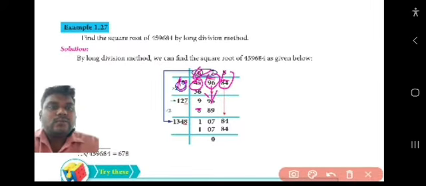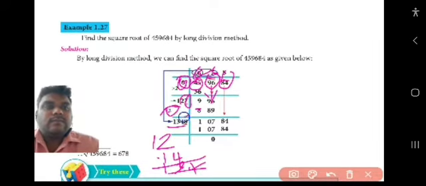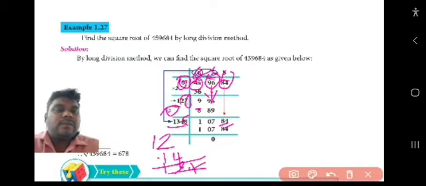So 996. Here we double the 6, so 6 twos are 12. Here we introduce 7, so 889. Again, what number do we introduce here? 7. So 12 is already there. We double 7, 7 twos are 14. So here 1 decimal, so 4 3 1, 134 put it last.